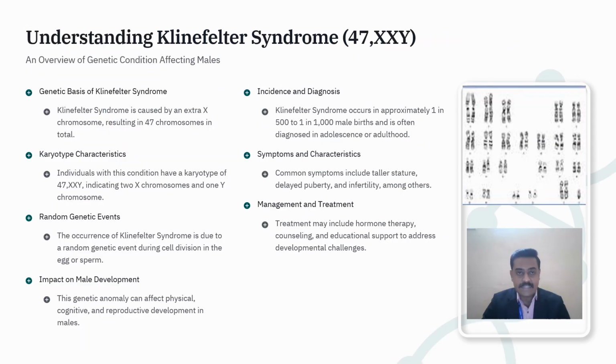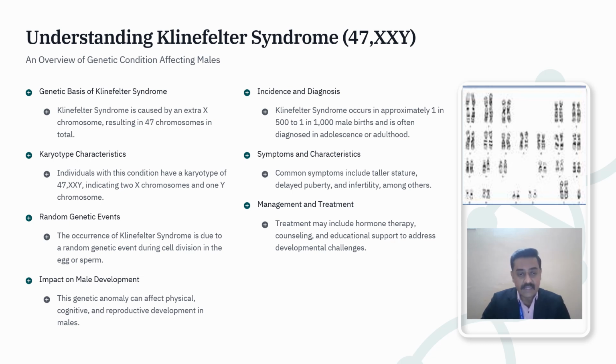Now let us see the second genetic condition, which occurs in males. It is called Klinefelter syndrome. It is caused by an extra X chromosome resulting in 47 chromosomes in total. What could be the characteristics? Individuals with this condition have a karyotype of 47,XXY, indicating two X chromosomes and one Y chromosome. This occurs due to